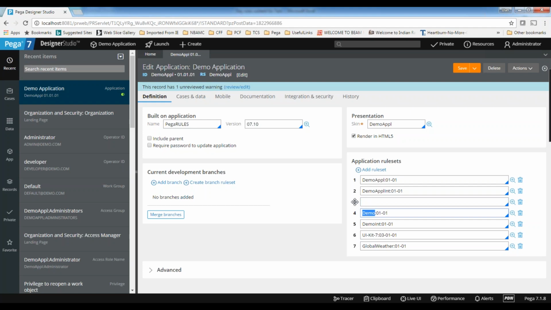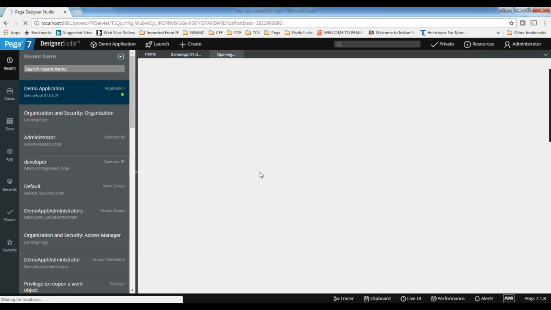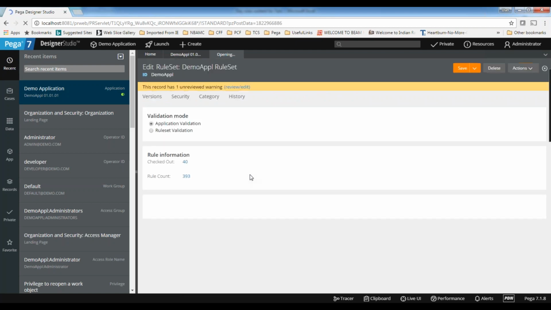So based on reusability, which rules do you want to use? Do you want to use application rules, or organization rules, or only integration rules? Based on that, you need to move this wherever you want in the stack. Here I want to use application rules, so I am going on top of that one. So test application, test app rule set. The rule is available, and the system will open like this. Because this rule is available, when I click this magnifying symbol, the system will open the rule set. This is the existing rule set, and the system will open like this.